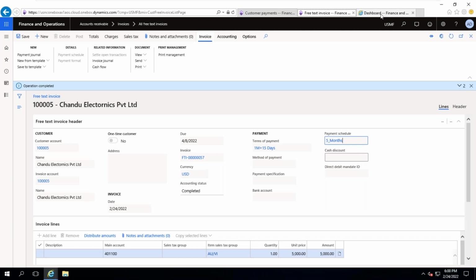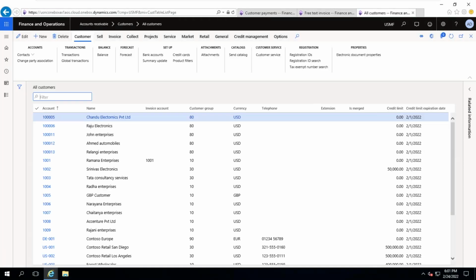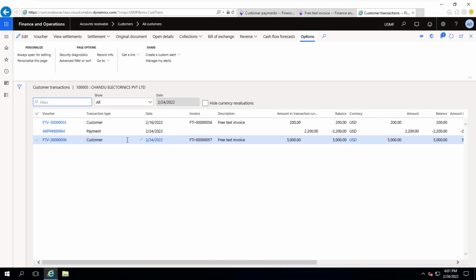Okay, once it is posted, if you go to the customer account and select the customer account, if you click on transactions, it is showing the invoice number, 5000. The invoice is 5000, but this 5000,